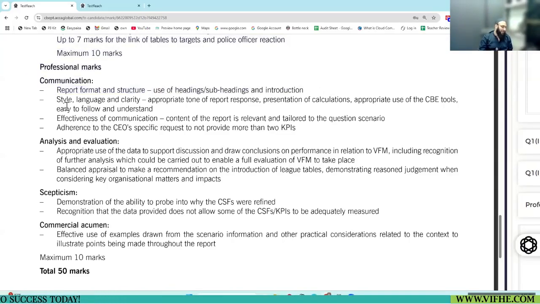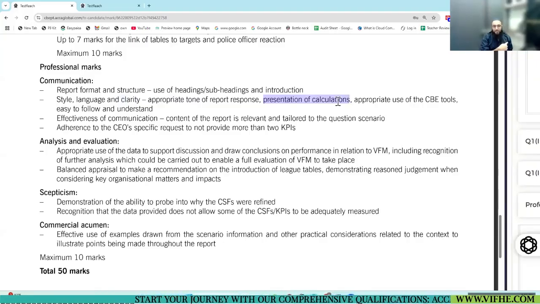Done. Style, how it is presented. Language, you have to have professional language. Clarity, what all you have written should be clearly presented. Appropriate tone of the report.